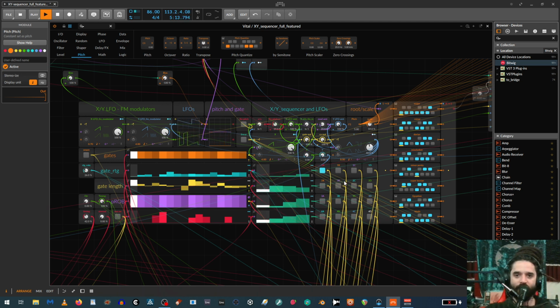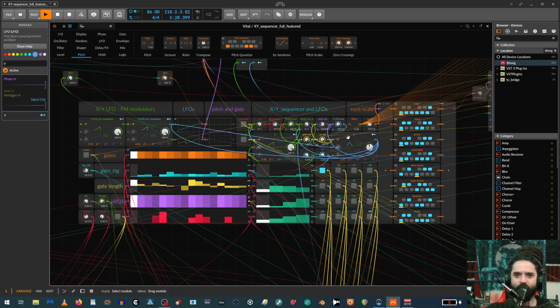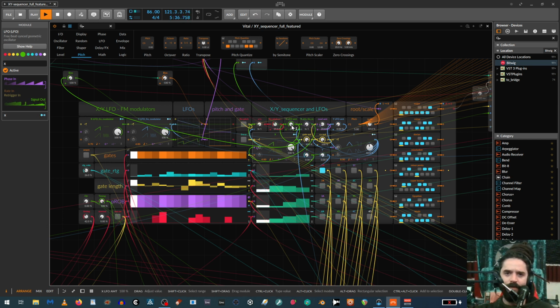So the XY sequencer is driven by this X and this Y over here. So these X and Y's move through X and through Y. And then I have them right now assigned to these, what do you call them? These LFOs. So actually, if I just turn down these LFOs right now, you can see that if we just move through here,